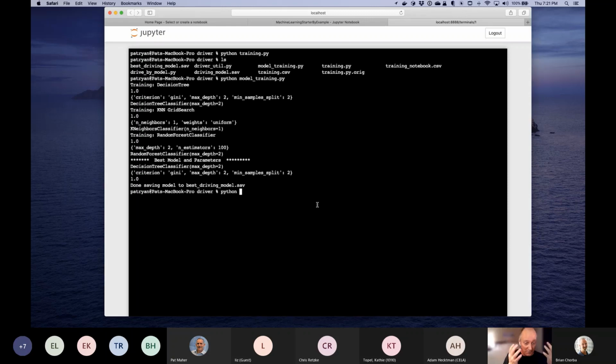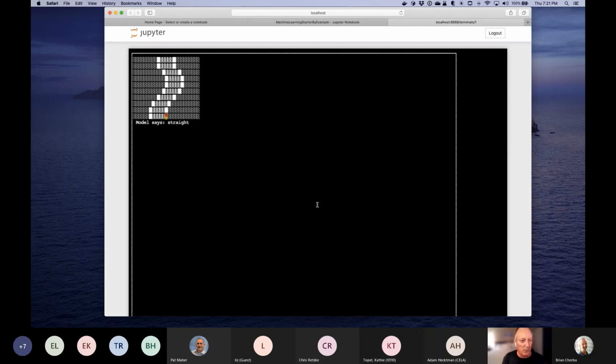And I actually did build a model. I saved it to the hard drive, and I'm actually going to use this model to do the actual driving. So let's drive by model. And this time I'm going to use a random road. So now the model, based on what the road looks like, is predicting what the right answer should be. Well, because we said you should always go straight, and again, the model thinks it's doing awesome. So it doesn't know that it's actually terrible.